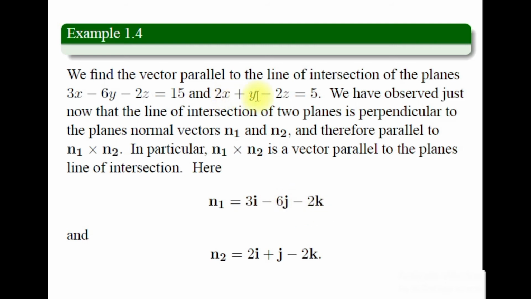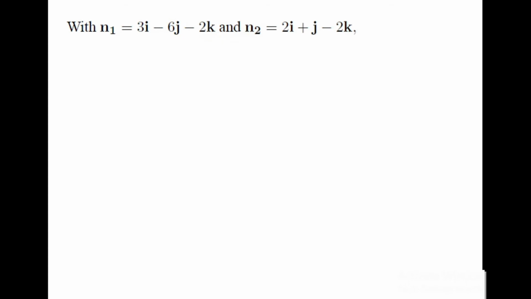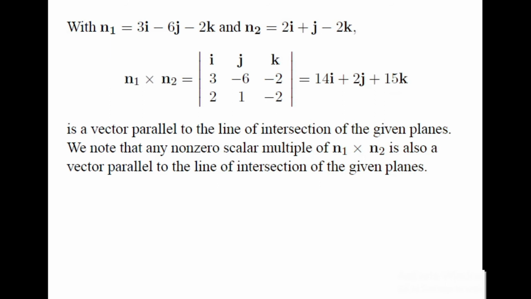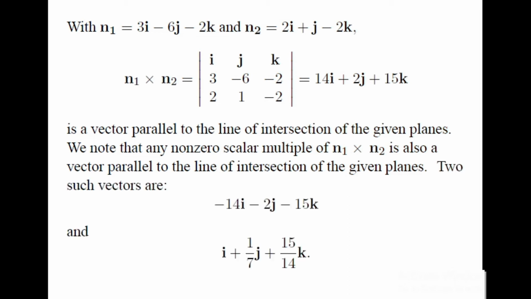Similarly, by looking at this plane, we have a normal to the plane is 2i plus j minus 2k. With these n1 and n2, we have the cross product equal to the determinant with rows i j k, 3 negative 6 negative 2, and 2 1 negative 2. This is a vector parallel to the line of intersection of the given planes. We note that any non-zero scalar multiple of vector n1 cross vector n2 is also a vector parallel to the line of intersection of the given planes. Two such vectors are,